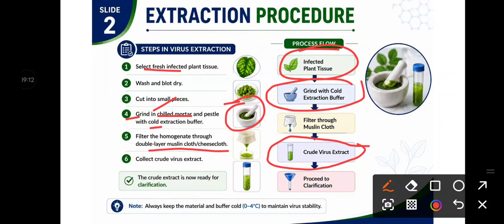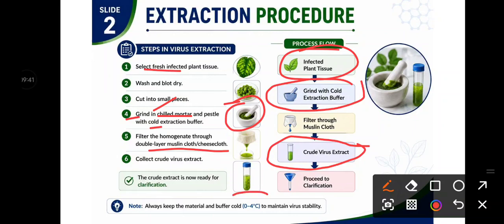What is the main purpose of the extraction process? You will get the crude virus extract. The virus is now out of the plant tissue. Okay, that needs further purification. The main thing you have to keep in mind is to maintain everything in proper temperature condition,